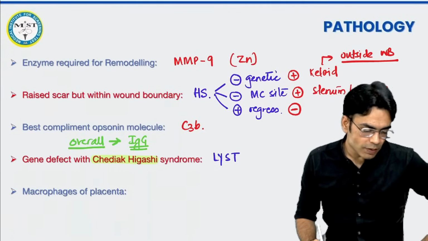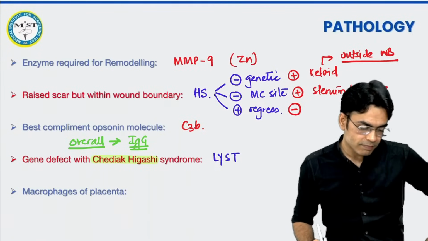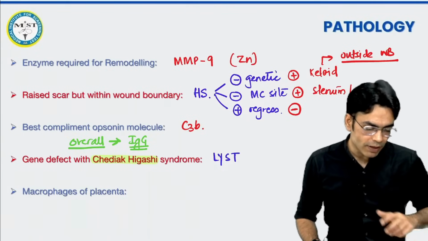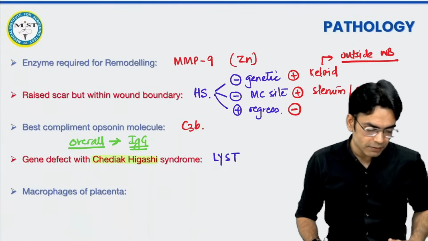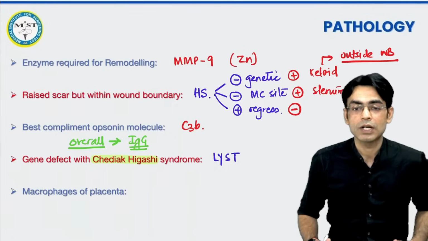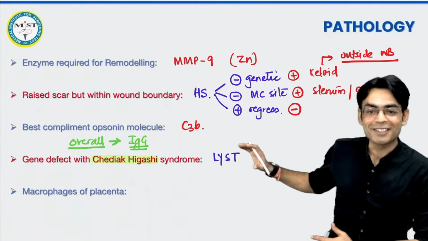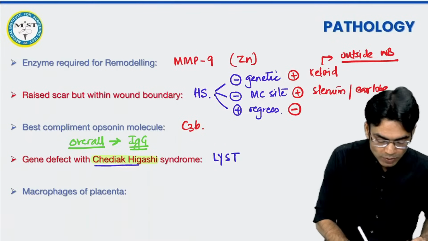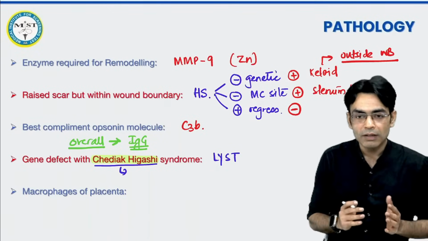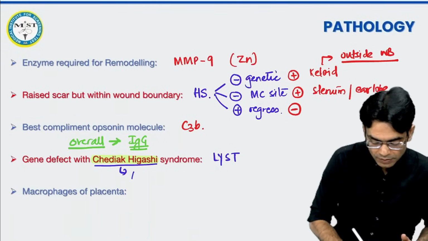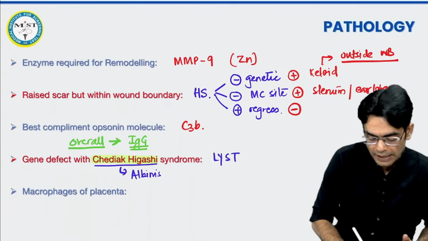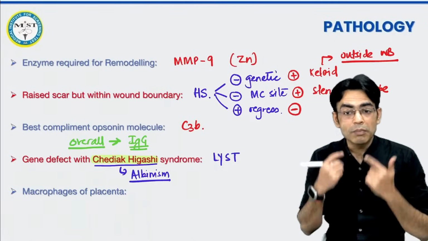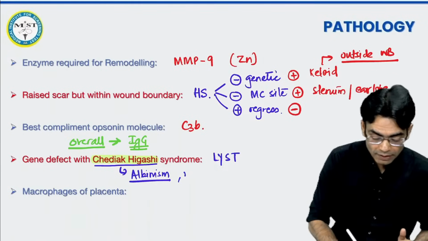Yes, Paras, Anshuman, Saddam, Vijesh, Shweta, yeah, very good. Sameer, Meenal, a lot of you are answering. Thank you very much for taking part and answering like this. LYST gene, ठीक है? इसमें दो चीजें याद रखनी है. Whenever we are talking about a चिड़ियाक हिगैशी, देखो बेटा, एक तो LYST gene है. Then, you know, albinism will always be there in the child, and there will be history of recurrent infections.